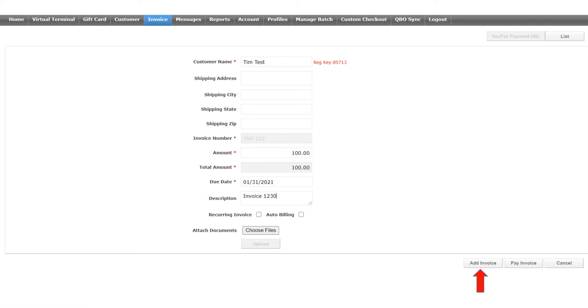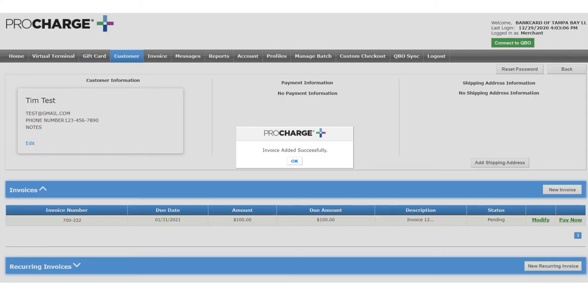You need the amount, the due date, which is advisable to do the current date, whatever date you're working with. The invoice number, you'll notice asterisk in red, is generated by ProCharge, more of an internal number. Description, if you sent the invoice or going to attach an email, you might put your description here of your invoice number. So now we have the invoice added,